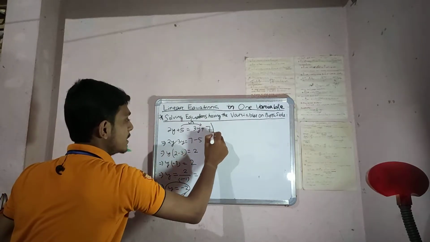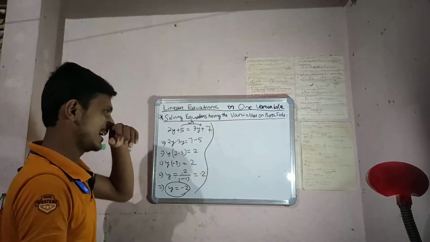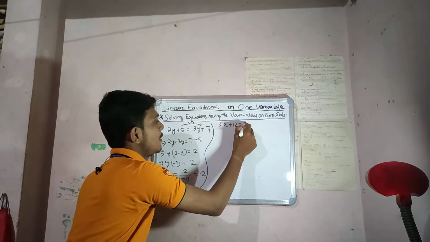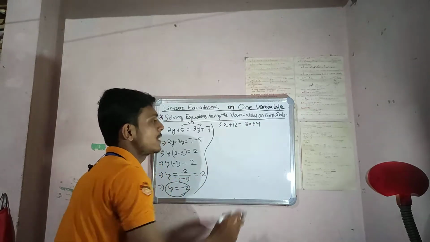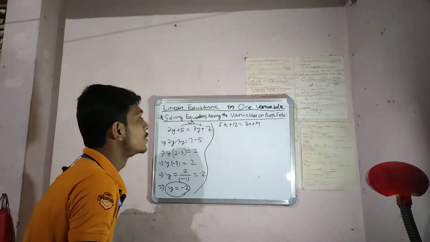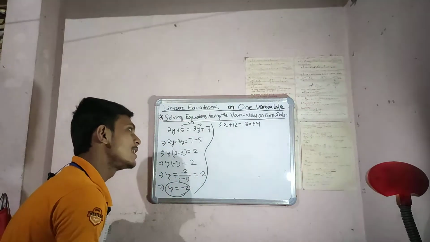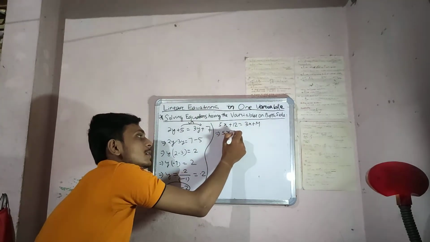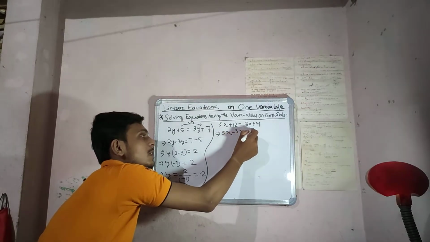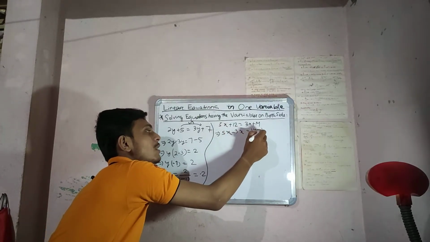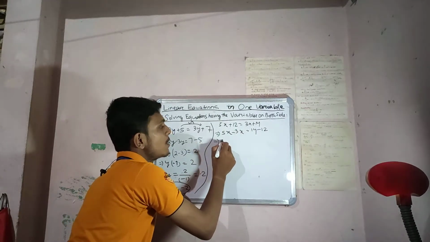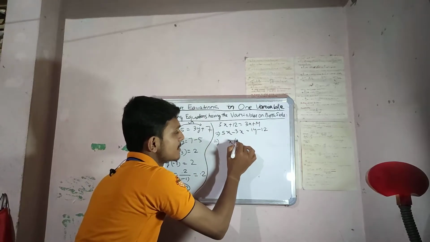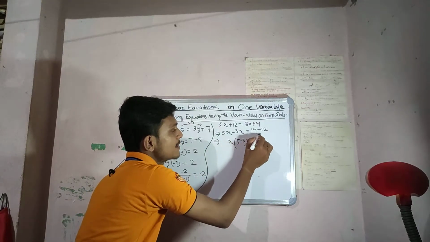Okay, consider another equation. Let 5x + 12 = 3x + 14. This is a linear equation having variables on both sides. 3x is added, so here 3x is subtracted. Then 12 is added on the left, so 12 is subtracted. So 2x. How does 2x come? x is taken common, 5 − 3, that is 2.